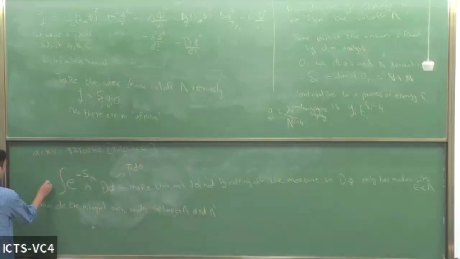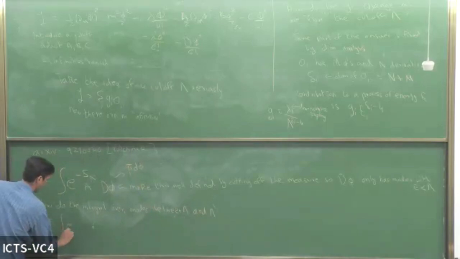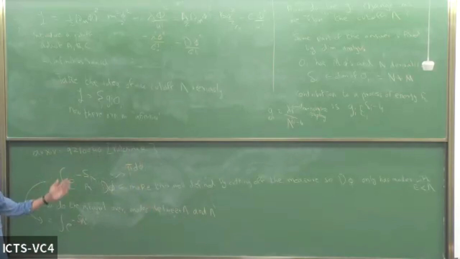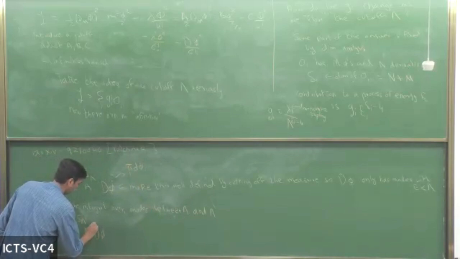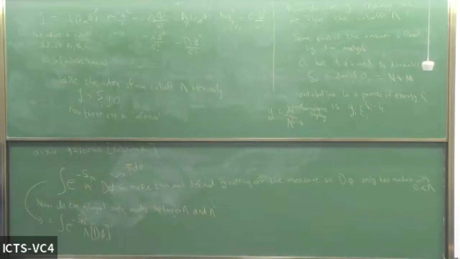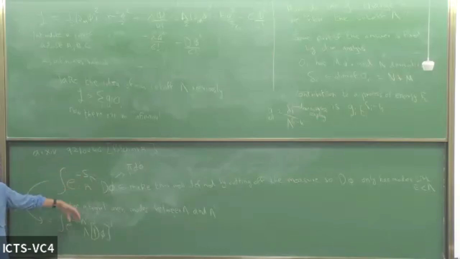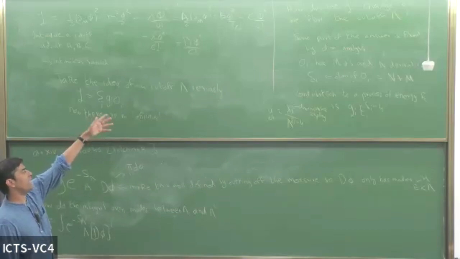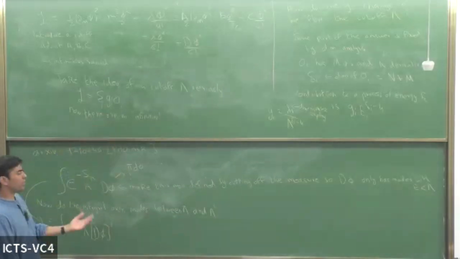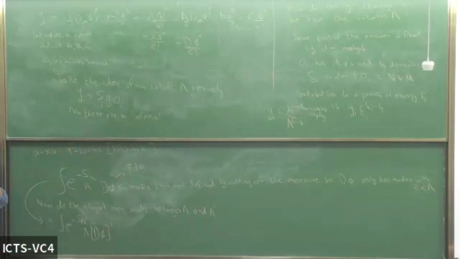Okay? So this is equal to e to the minus S lambda prime. Say you're measuring some operator A which doesn't itself care about the cutoff or doesn't care about these high energy modes. A, and with this different measure, let me call it d phi prime. Okay. And this tells you, so by doing this integral, you can really say how the action changes as a function of the cutoff lambda. Okay. And that's the same as asking this question of, how do the GIs change as you flow the cutoff lambda? If you wanted to ask this question in the full quantum theory, then this is how you would ask it.